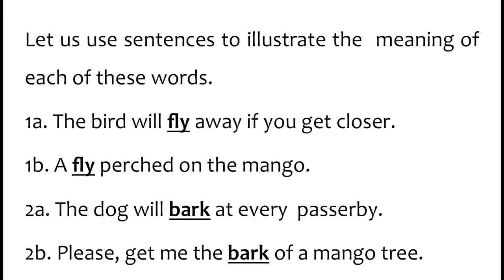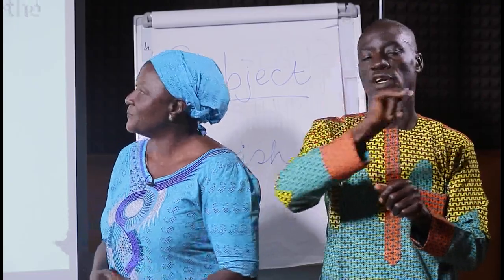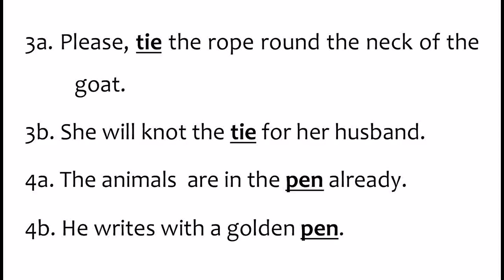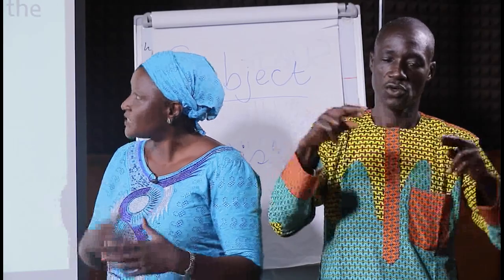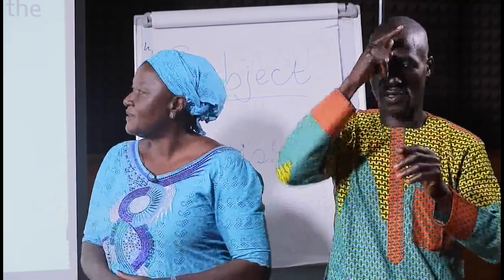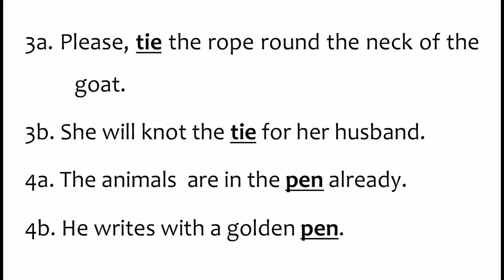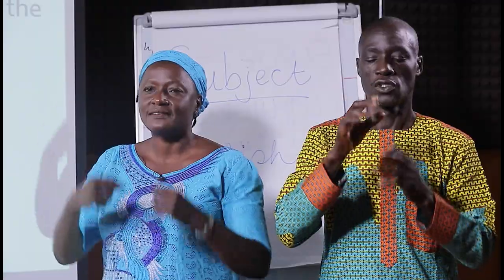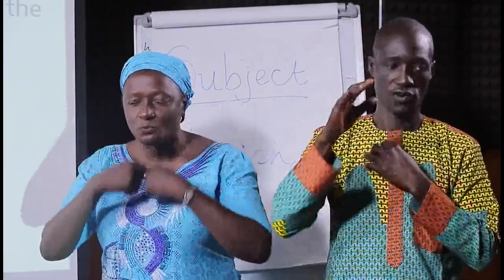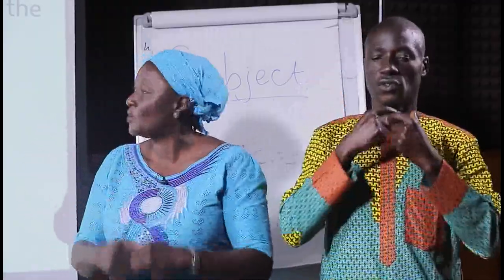2, the dog will bark at every passerby. That's a verb. 2B, please get the bark of a mango tree. That's a noun. 3, please tie the rope around the neck of the goat. That's a verb, asking you to do something. And the noun, she will knot the tie for her husband. That strap, that thing that you put around when he's wearing a suit is called a tie,